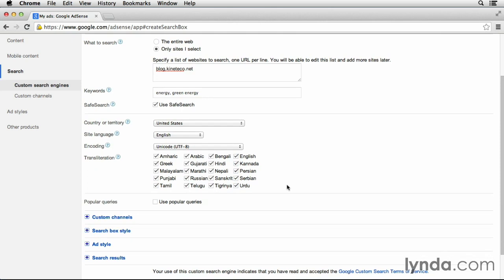The popular queries option is one of my favorite features of Google Custom Search, and it definitely increases the user experience on your website. If you enable this feature, as users type search queries into your custom search engine, a drop-down of popular queries that other users are searching will appear. It works similarly to Google's global search engine, which you can explore by going to google.com and starting to type